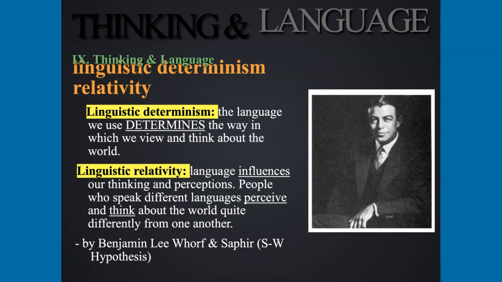But with linguistic relativity, language influences our thinking and our perception. So when you look at different languages, for instance, like the pronoun you, okay? In English, the pronoun you literally refers to everyone. But in French, it has an informal version and a formal version. And then in Japanese, it has 9 forms to be used in different varieties of formality or informality, but also